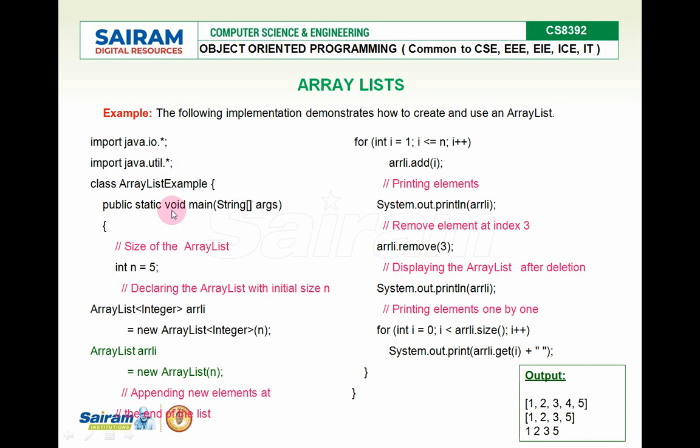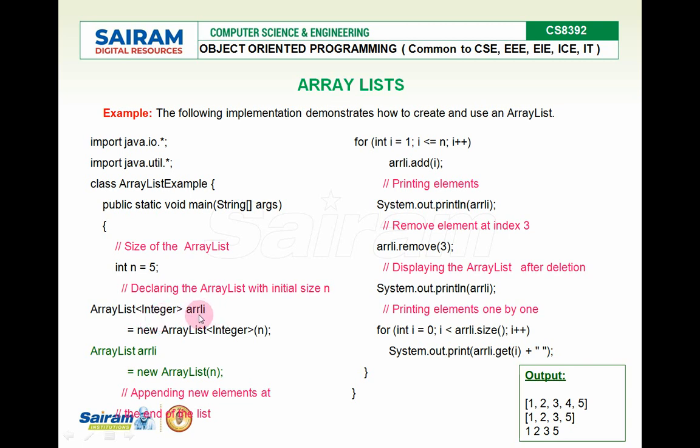So public static void main. The size of the array is 5 initially. So ArrayList class name, Integer type. You are supposed to put a capital I in Integer because it is a class. If you put int, that is going to be a data type. So this Integer is a class or object, right? Just as in String we put a capital S, similarly for Integer it is a capital I, as an Integer class.